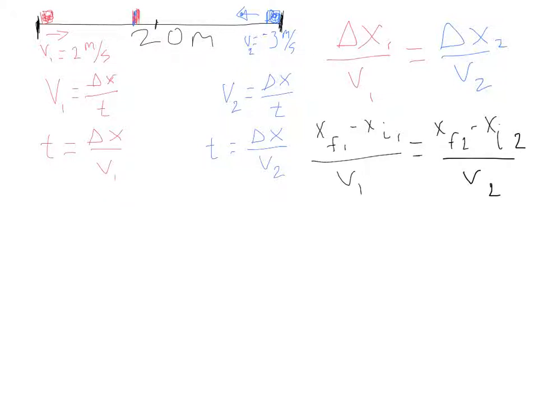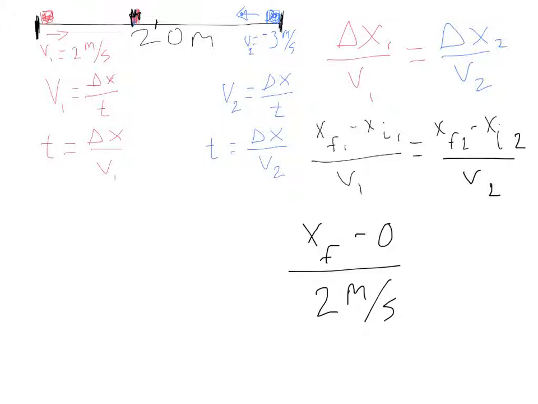Okay? Looking at this problem here, you can see that the final position of cart 1 is where they collide. That's going to be this spot right here. The final position of cart 2 will be that same spot. But we know the initial position of cart 1. It started over here at 0 meters. So we can just say x final minus 0 meters divided by the velocity of cart 1, which is 2 meters per second,